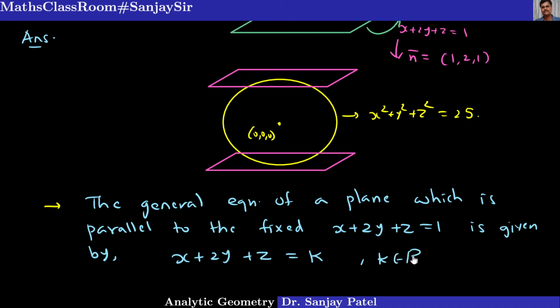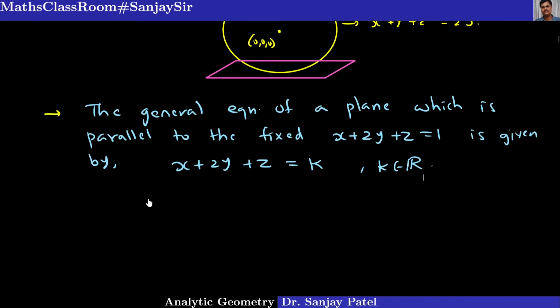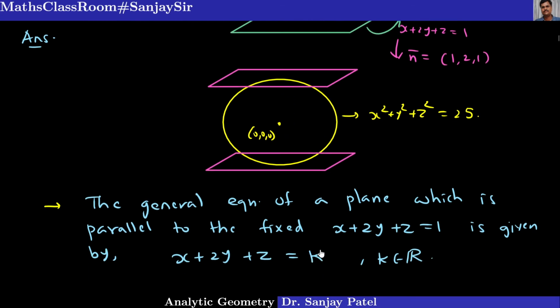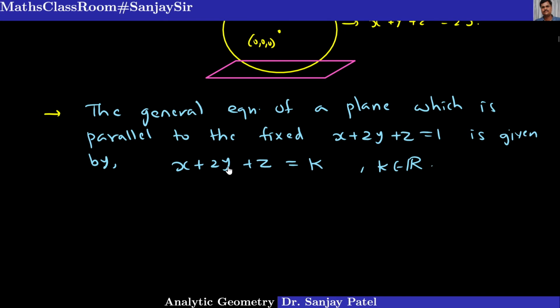If k is equal to 1, we get the given plane. And what is our aim is this arbitrary plane. So there are infinitely many planes which are parallel to this plane, but we want to find only those two planes which are parallel to the green plane and touching the given sphere as shown in the figure. So we want to find a value of k. Okay, but we know that